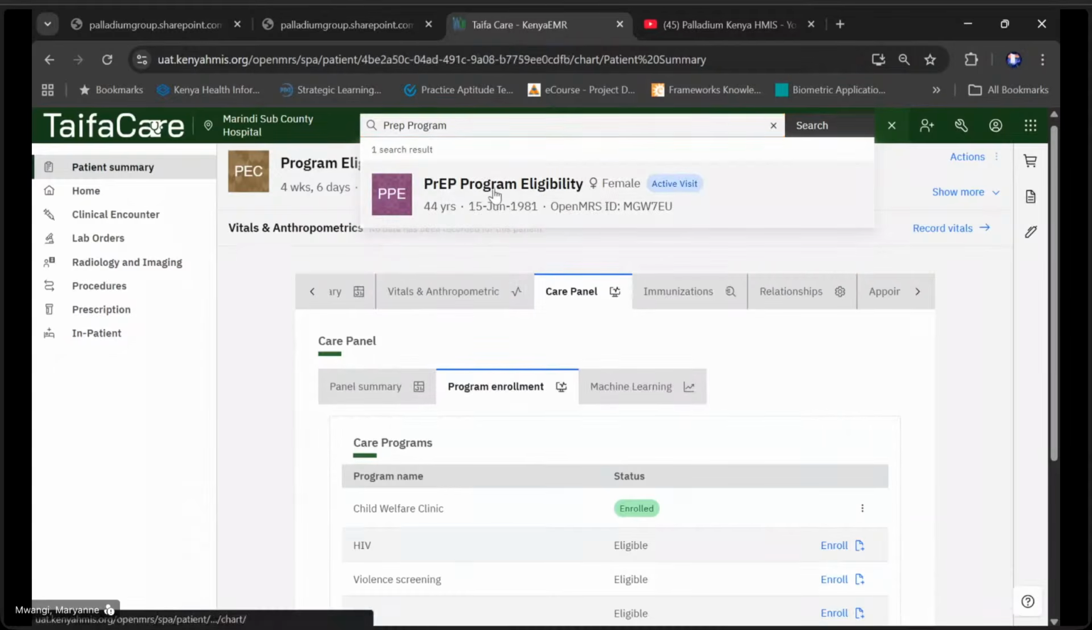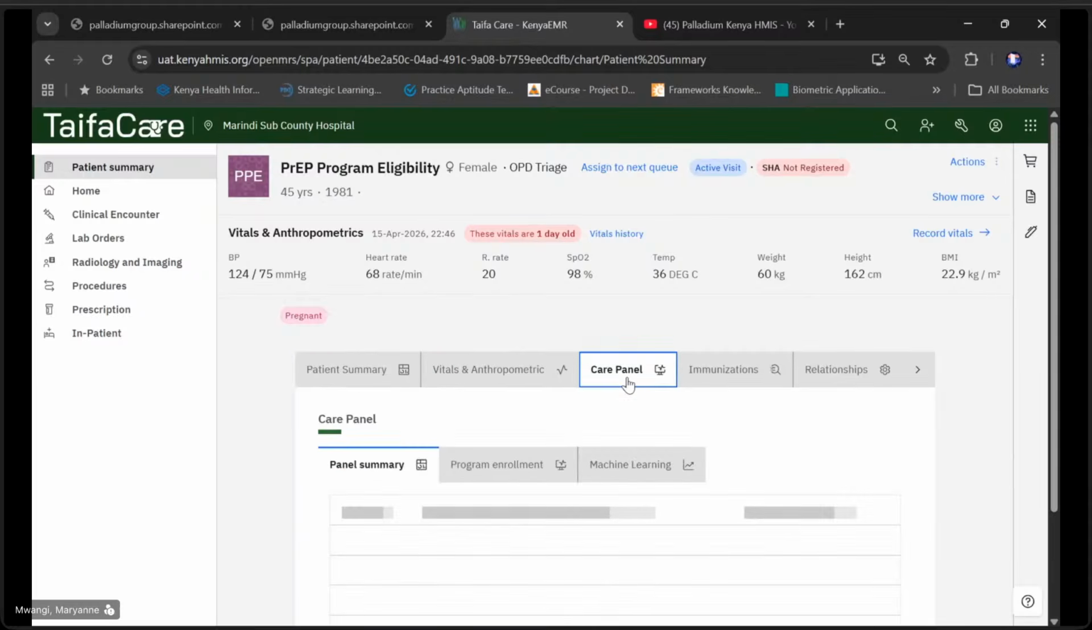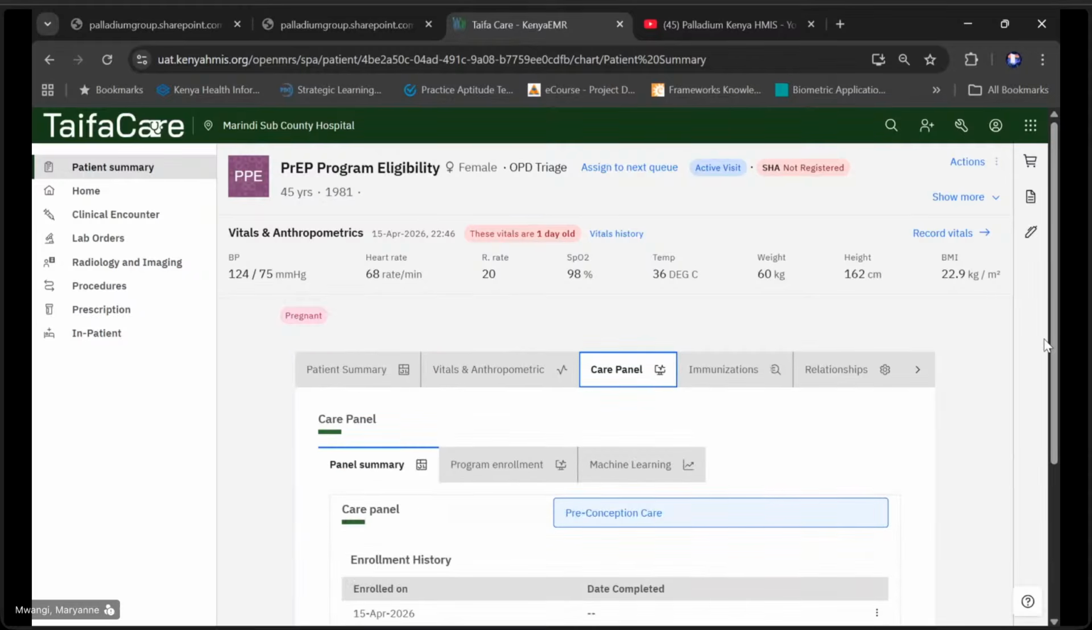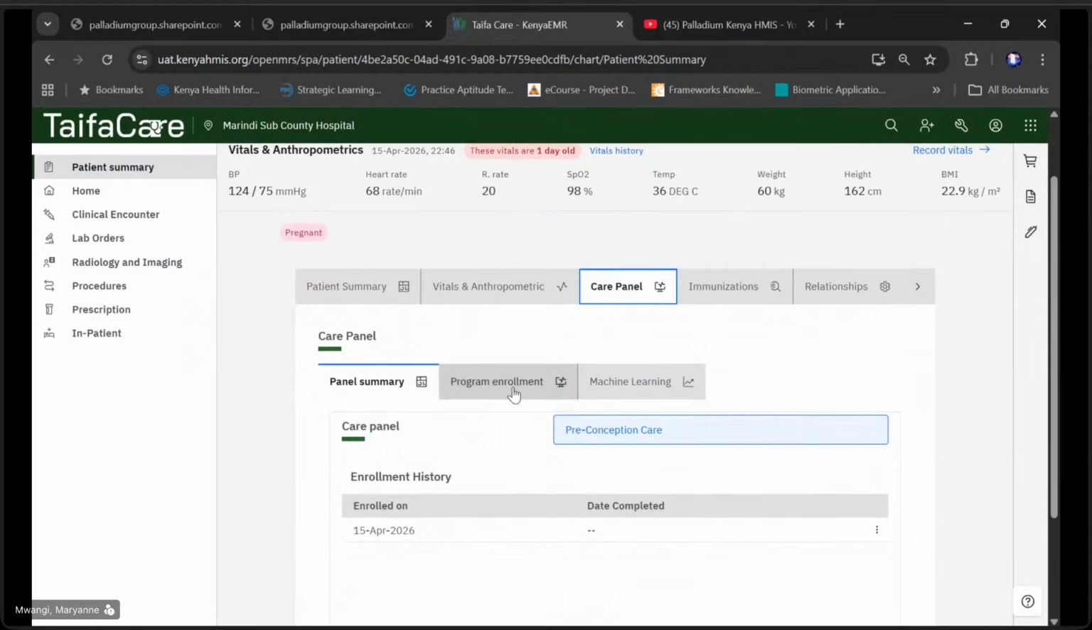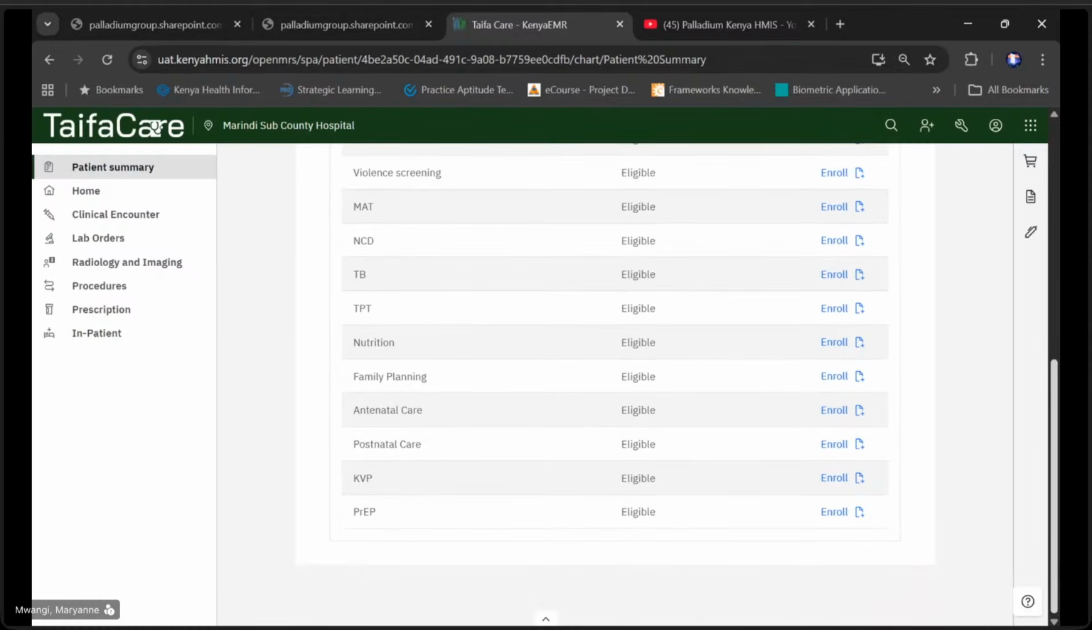So I'm going to use this patient called PrEP program eligibility. For the PrEP program to appear within the system from the care panel, this patient must meet some specific criteria. Again, from program enrollment, we're going to see if our patient is eligible for PrEP. And the reason why we are able to get this particular program here is because the criteria has been met,